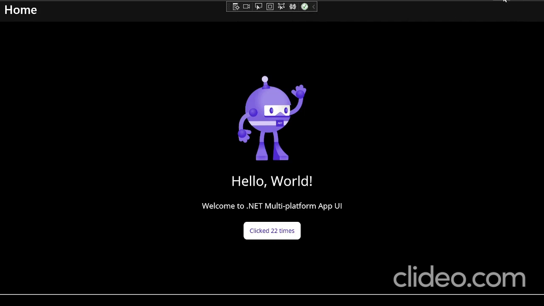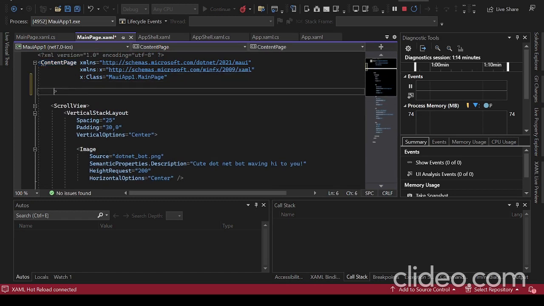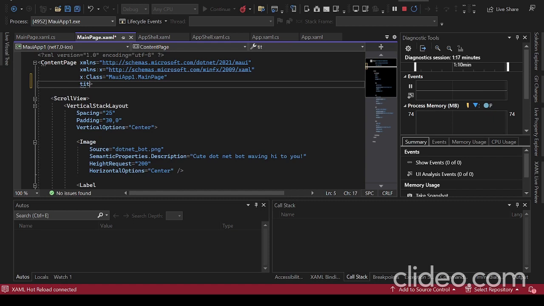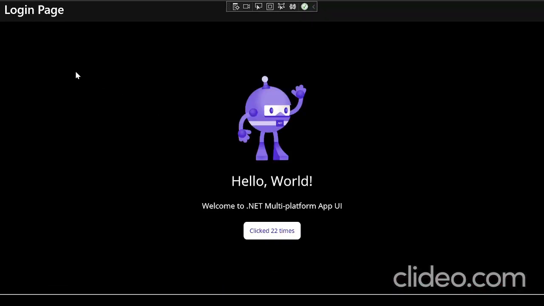Okay, we'll change this. So first we'll try to change the title of the page. My RAM is very low because of this; the emulator also didn't deploy properly. Let's put it as login page. Login page. And also there is a property called hot reload. So every time you make changes here, the same will be reflected in the web page. For example, just now I put login page as a title, so the home has changed to login